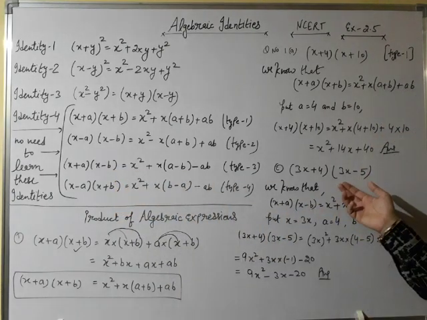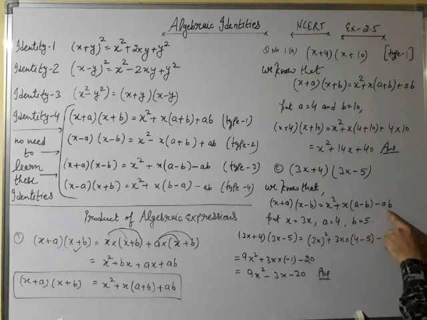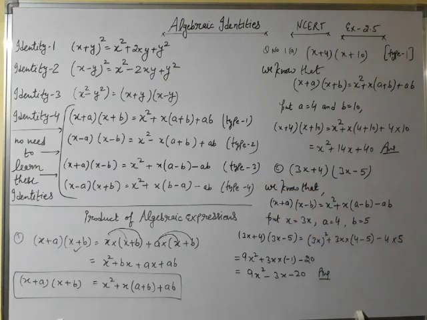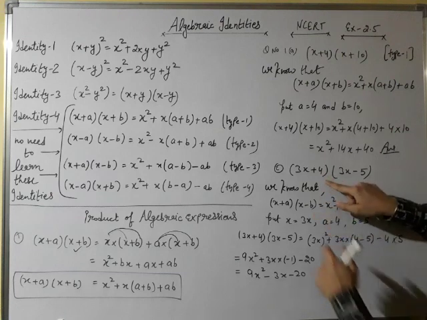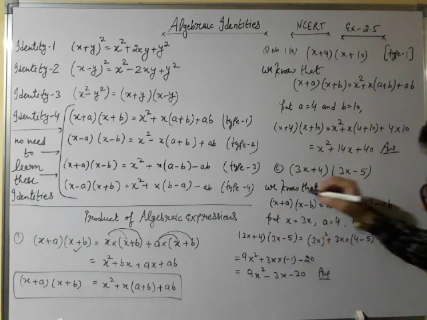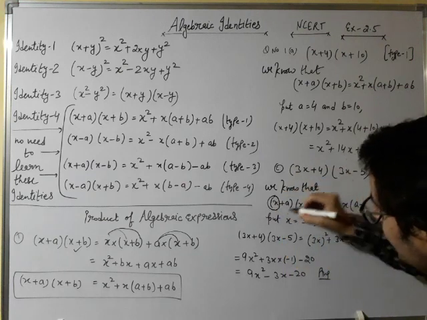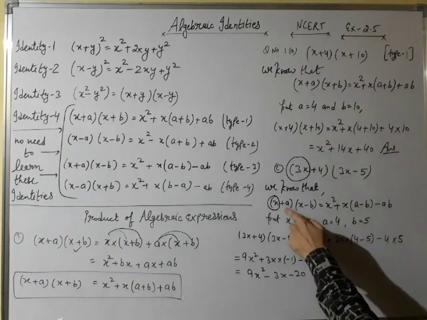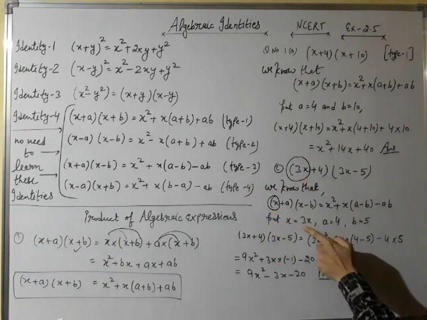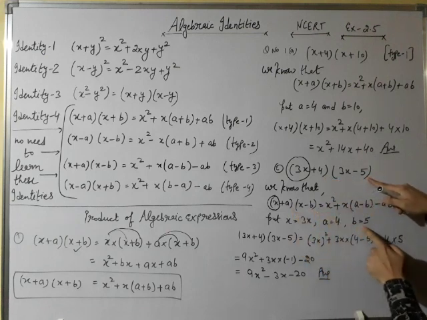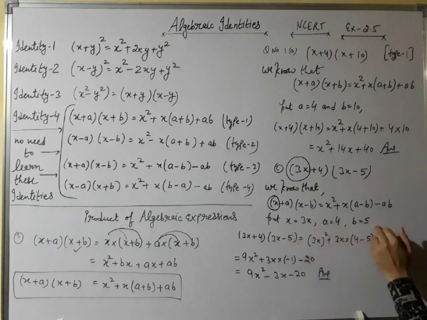So we know that, and we have written type 3, the form of the identity number 4. On comparing these, we get to know in place of x, 3x is written here. Here we have found x, here we have found 3x. So on comparing, x will be equal to 3x, a is equal to 4 and b is equal to 5. Now we will put these values in the type 3 identity.